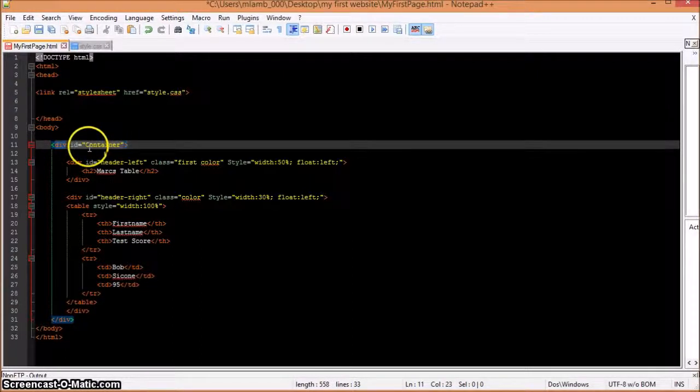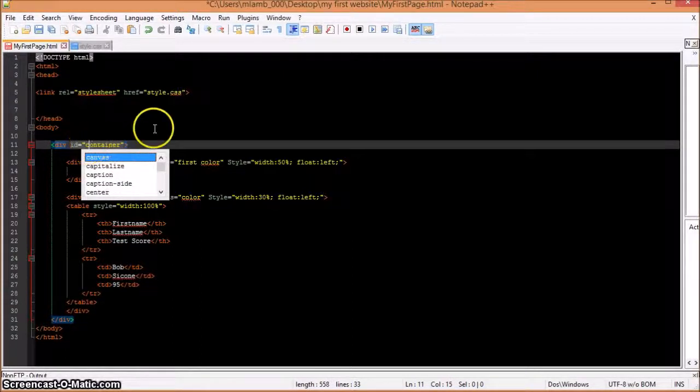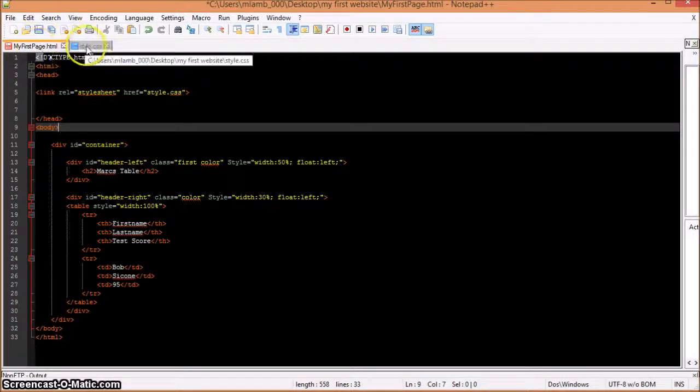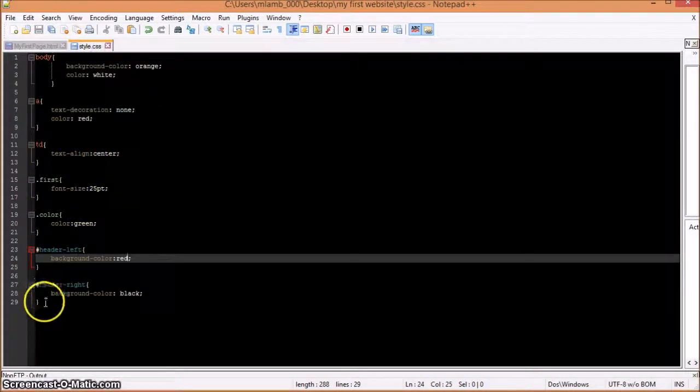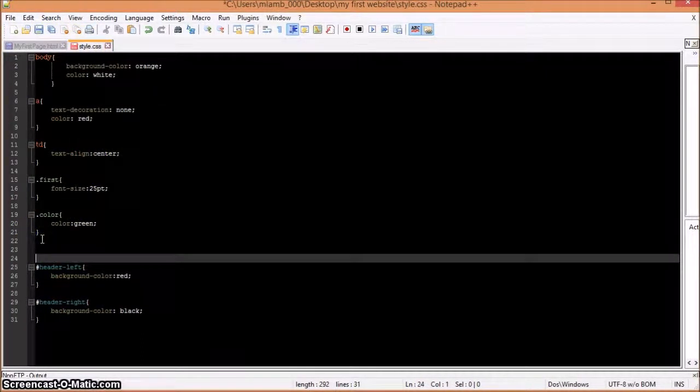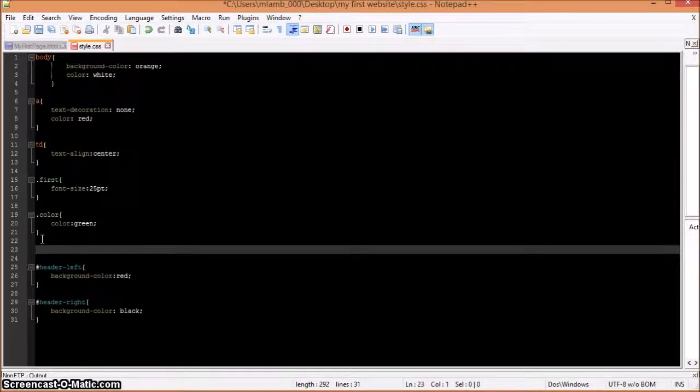Now inside this container we would actually go over to here, and we would actually do the same thing,